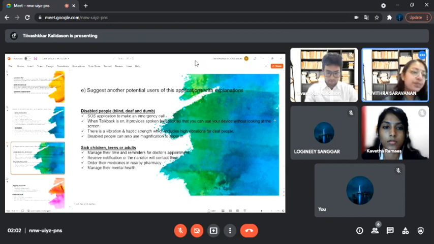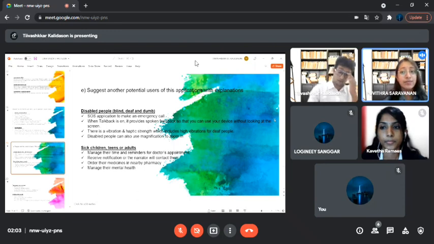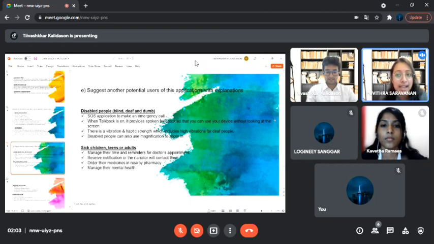Also, the parents of these sick children can order their medicines from a nearby pharmacy in the pharmacy app because it has a location tracker. So they can go to the medical category and choose the pharmacy to order the medicines. Also, individuals can simply manage their mental health since the system will check their health and body usage every day. So they won't have to worry about health management because the app has a system where it will save all the details and information. Next slide, please.